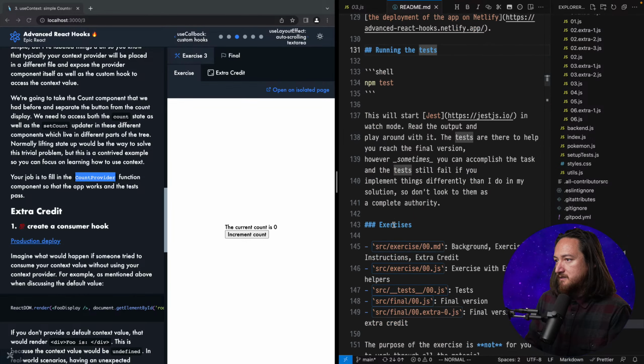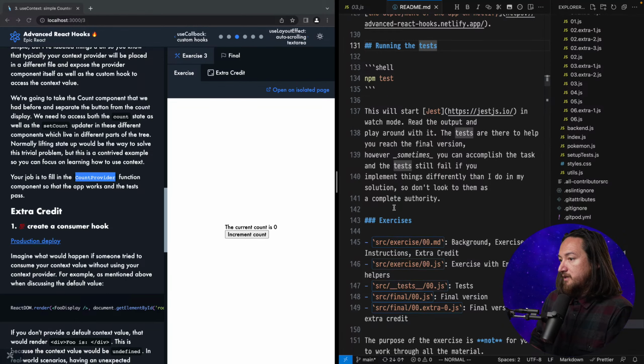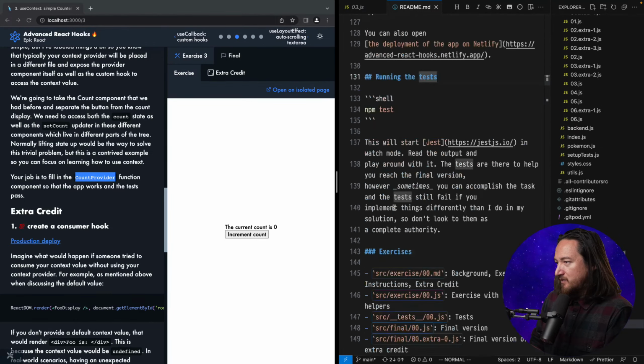Running the tests. Okay, so if we run npm test, this will start Jest in watch mode, read the output and play around. The tests are there to help you reach the final version. However, sometimes you can accomplish the task and the tests still fail if you implement things differently than I do in my solutions. So don't look at them as a complete authority. Okay, so it doesn't look like there is